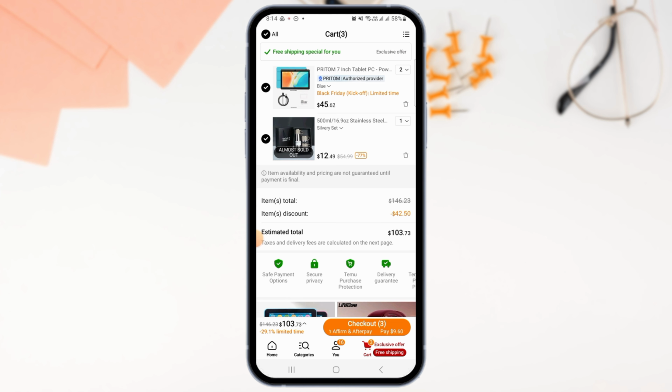Now, during checkout, you can simply use this gift card to pay for your purchase, and that's it for this